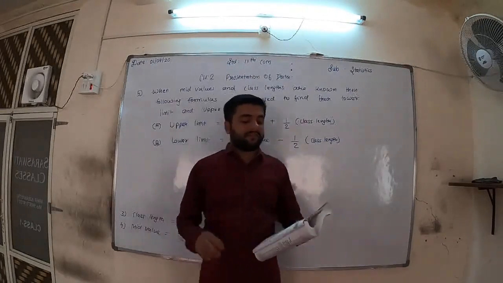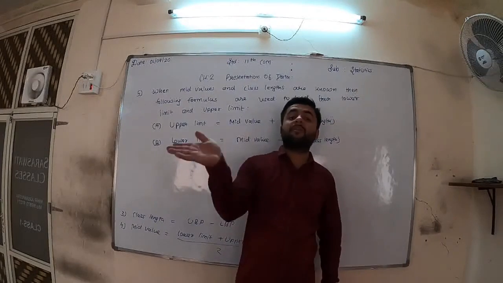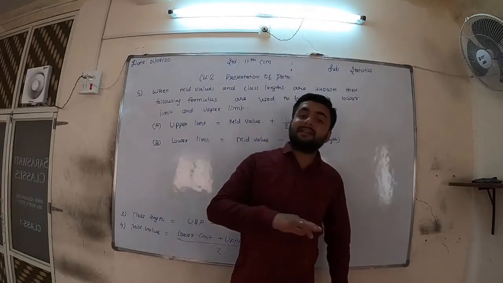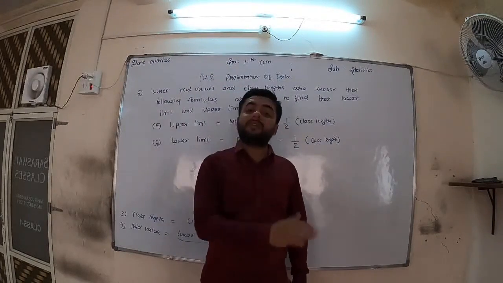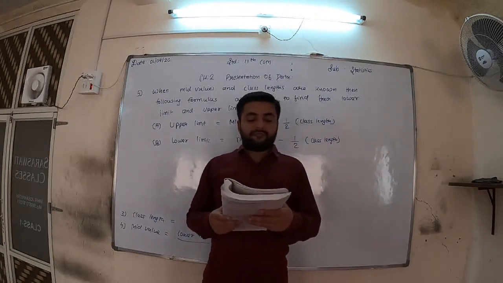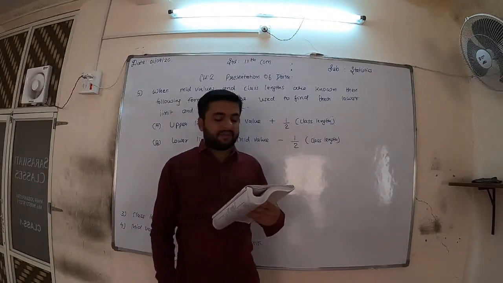You can remember it this way: less than type will have upper boundary point and more than type will have lower boundary point. Then the sum of frequency of the specified